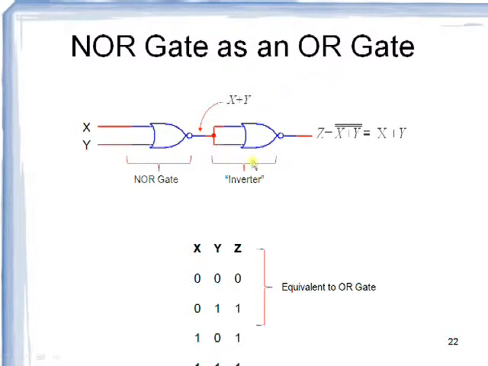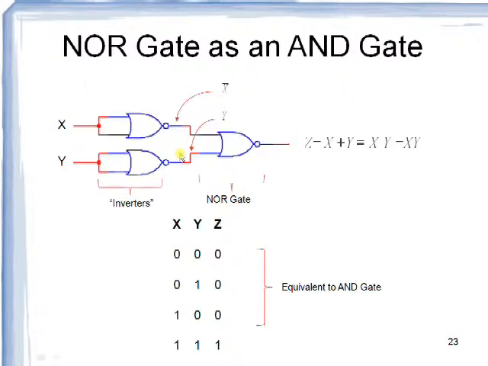Now this is the implementation of the OR gate with the help of NOR gate. NOR is nothing but NOT plus OR. Therefore initially we use one NOR gate here, which is receiving X and Y inputs. Now the output would be X plus Y whole bar. Now this is given as an input to one more NOR gate, which is acting as a NOT gate. Therefore the output would become X plus Y whole bar whole bar, which is nothing but X plus Y. Now this truth table as well as this expression resembles the OR gate. Therefore this is the symbol used for representing the OR gate with the help of NOR gate.